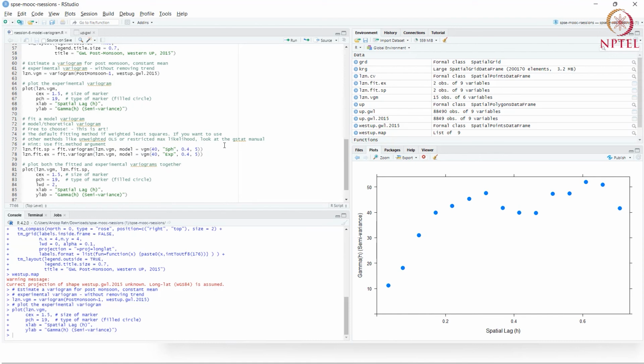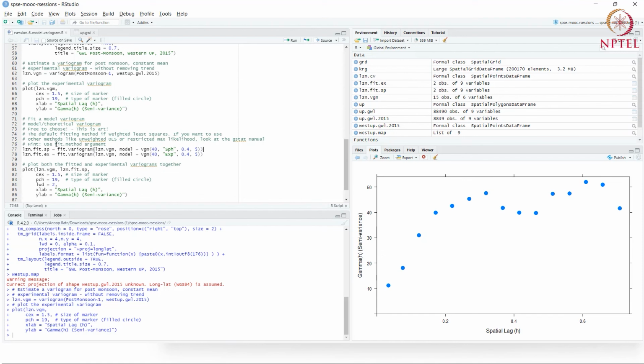So what's expected is that we look at the estimated variogram, make our best estimates and pass them here. Then it will use an iterative algorithm, a weighted least squares method, to arrive at the best fit. You can use different methods for fitting. You can use unweighted least squares, or restricted maximum likelihood.